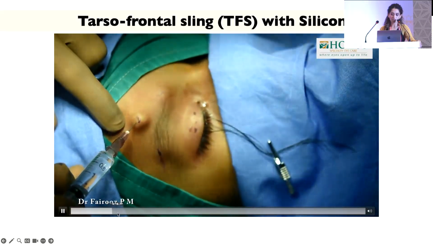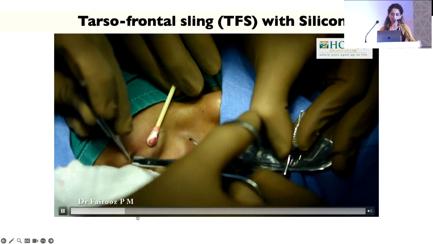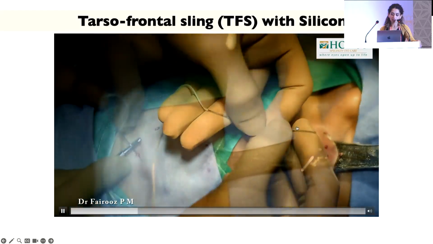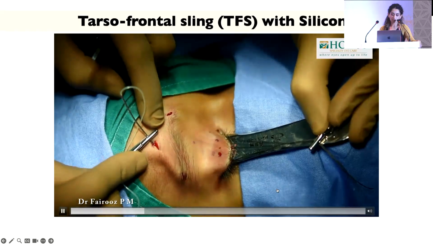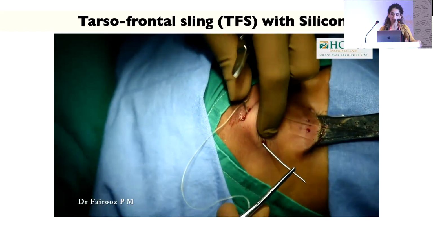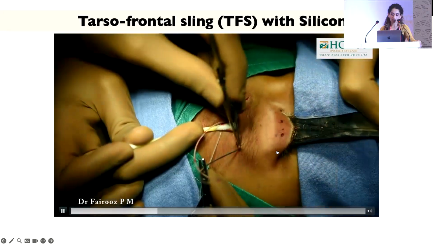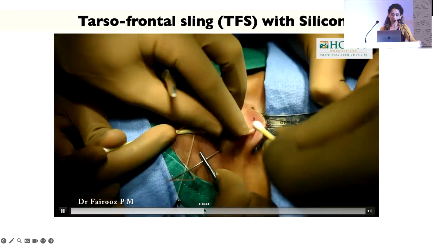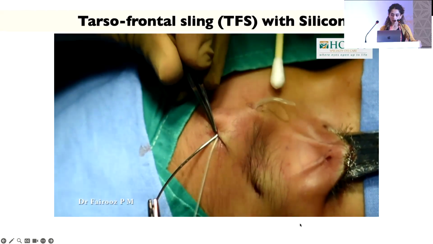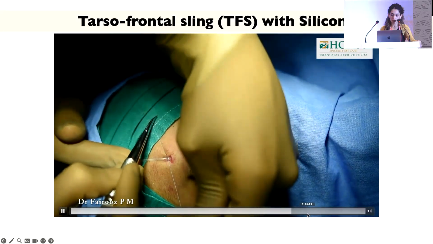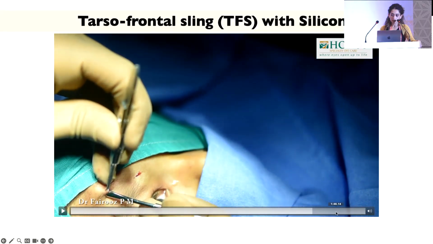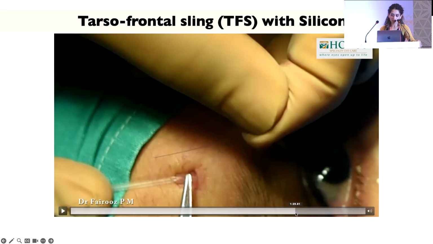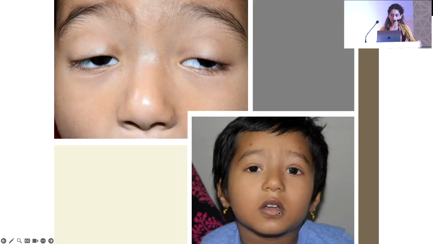I'm going to play it fast. Locally infiltrate. We open up 2 stab incisions in the forehead and either side of the brow, medial and lateral. Pass the silicone sling from the forehead incision to the brow incision, then through the brow incision, then we come to the eyelid over here. I'm running out of time. Okay. And then you come out here, and then you take it, and then you tighten it. Yeah, and then you lift it and you tie it here. 1 second, I'm so sorry. Yeah. All right, so these are the